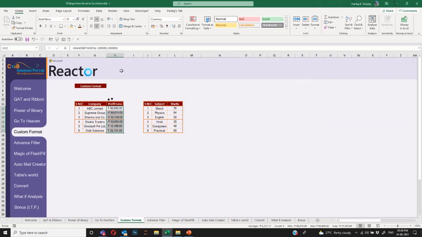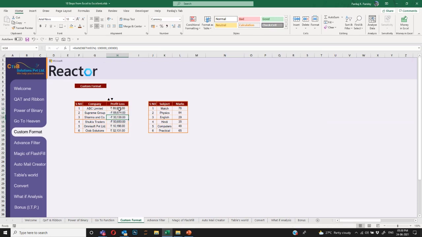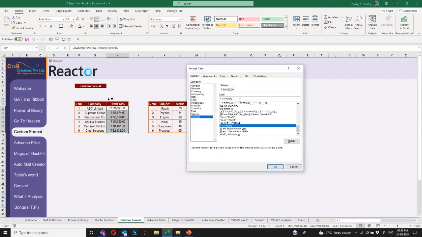So let's say I have a few numbers in here. Rather than showing them as an amount, I want to show if this is a profit or a loss. If the amount is positive, then it's a profit; negative, it's a loss. I want to show the profit and loss of these companies. So I will go here, select conditional formatting, and use 2 semicolons. Obviously, the first one I'm going to use is profit and then loss. So if the number is positive, this will apply. If the number is negative, the loss will apply.